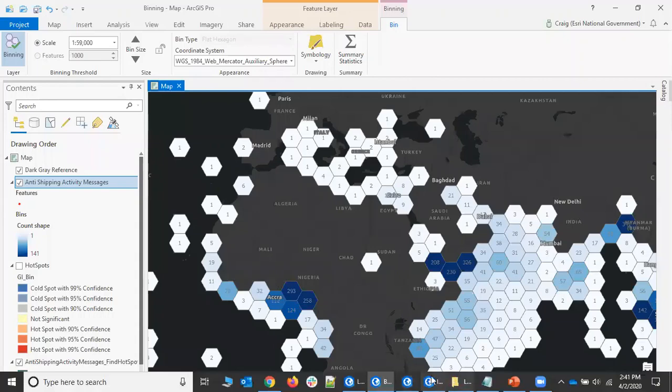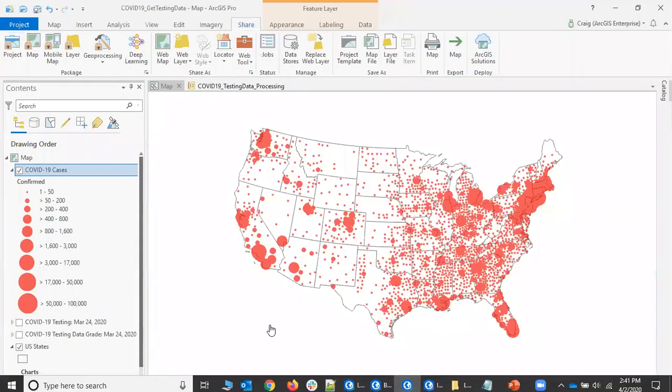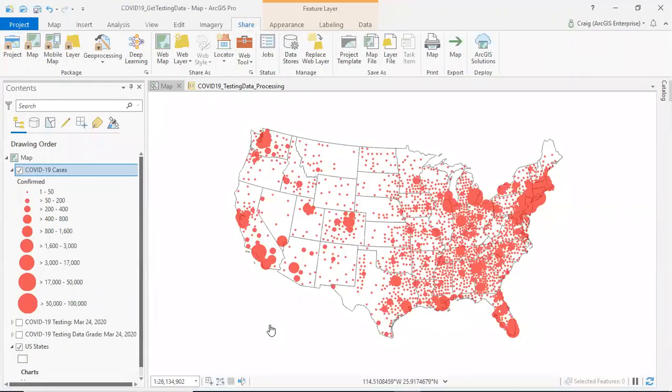All right, so let's continue on and move up in sophistication here. We've talked about ingesting data into our system. Then we've talked about some geoprocessing tools to help us with visualization techniques, whether that's a static shot in time over hotspots or the binning, which is a little bit more dynamic on our data. But now we want to get into some deeper analysis and look at ways that we can use scripting within